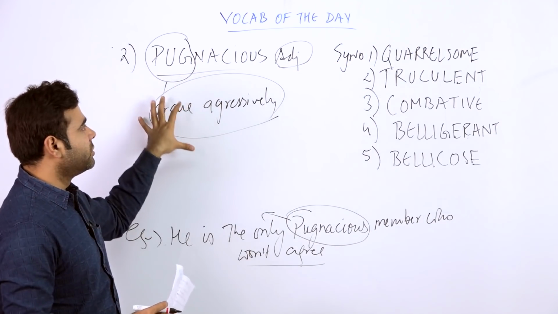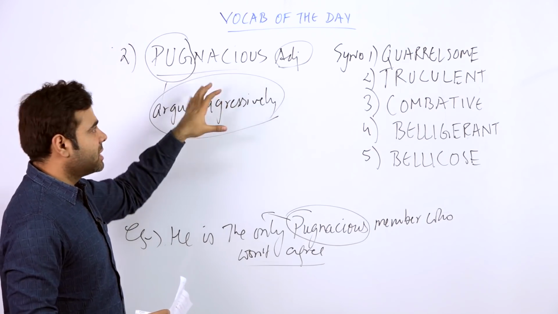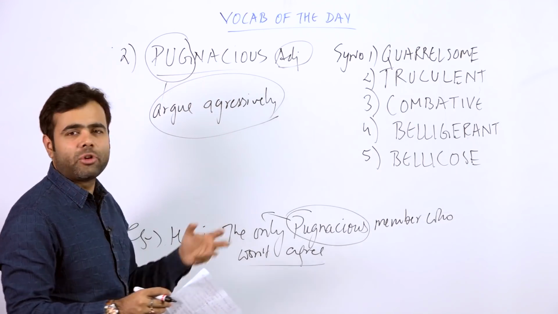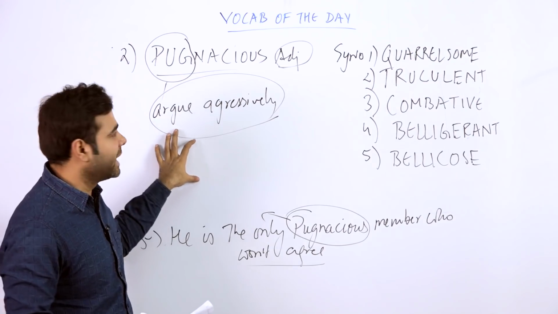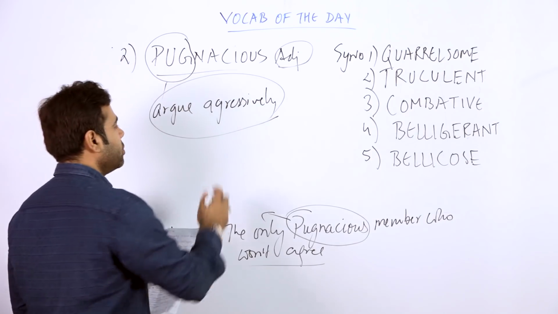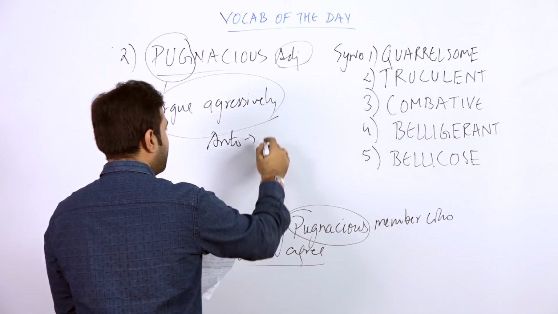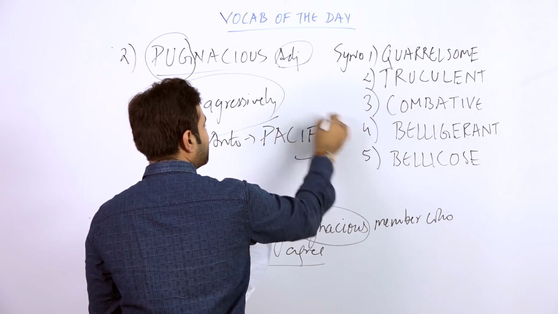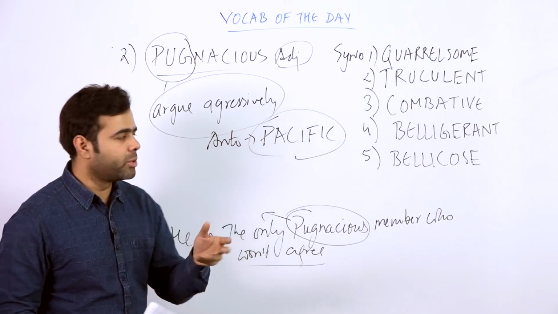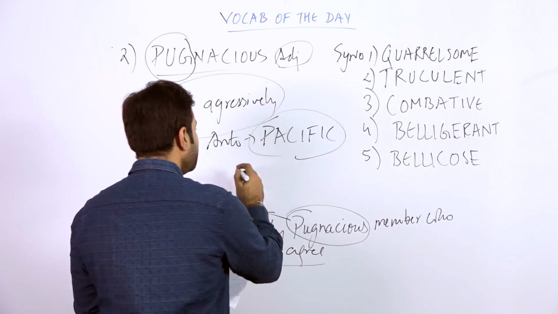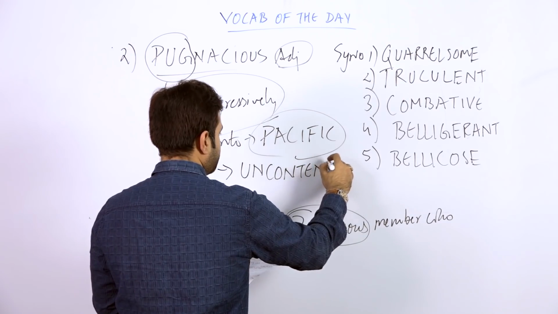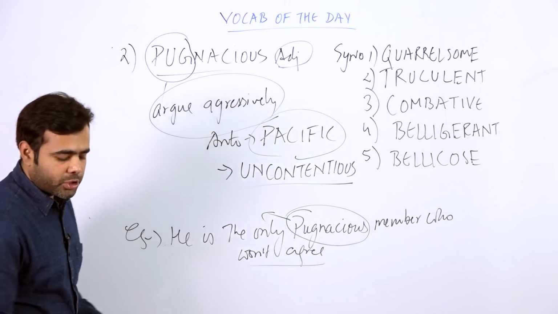All are the synonyms of the word pugnacious, because pugnacious is not a simple word. We cannot separate these two parts in the form of root words. Actually, pug is related to a dog which can argue aggressively. So in simple terms, you can say he is the only pugnacious member who won't agree. Fine. So in the case of antonym, you can take a word I have used here, P-A-C-I-F-I-C. Pacific is a person who is very humble, peaceful, a very pacifying kind of person. Uncontentious is also a word. Is that clear? So let's proceed to the next word.